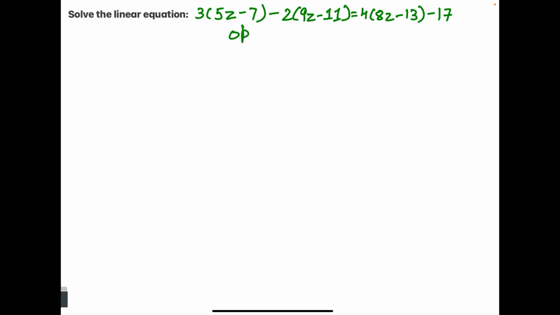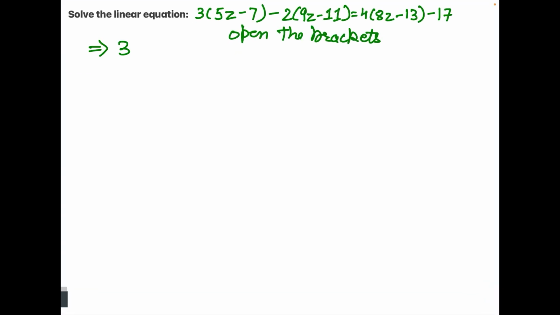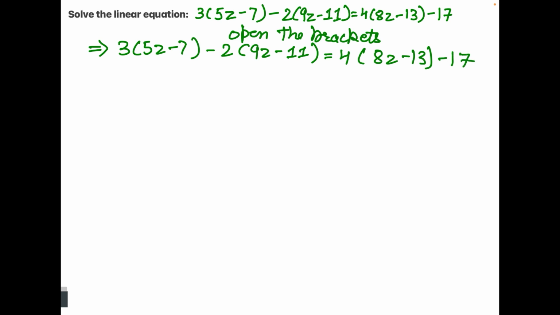First, we will open the brackets. The equation is... now we will open the brackets. 3 into 5 is 15, so it becomes 15z minus 3 into 7 is 21, minus 2 into 9 is 18z, minus into minus becomes positive, and 2 times 11 is 22, is equal to 4 into 8 is 32z,